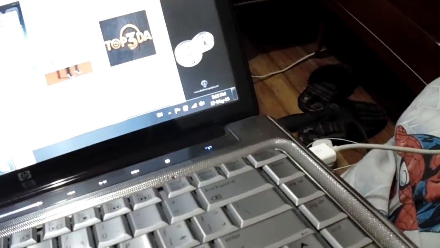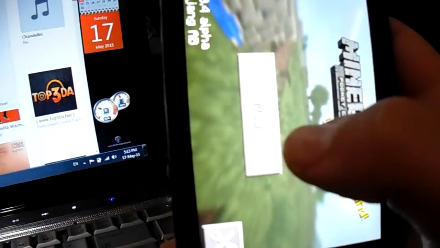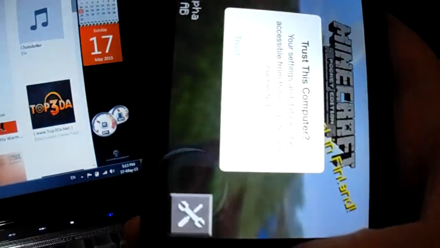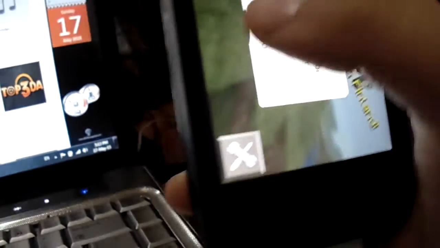Oh, and if you put a new device on Tongbu, just open it and click trust. Like this. Here it is. Click trust this computer like this.